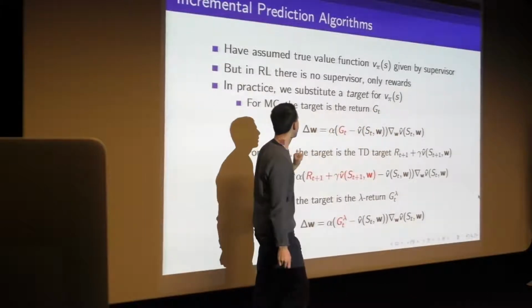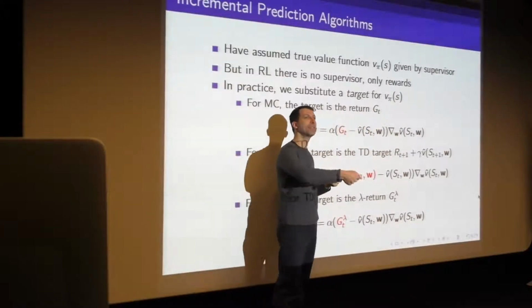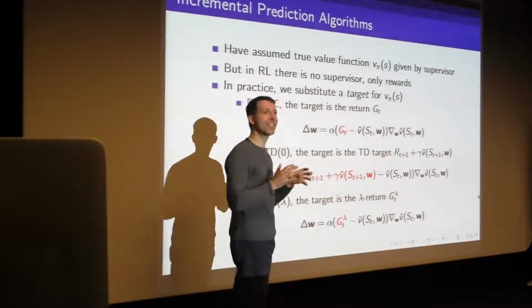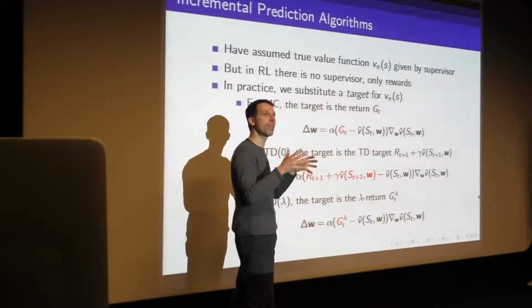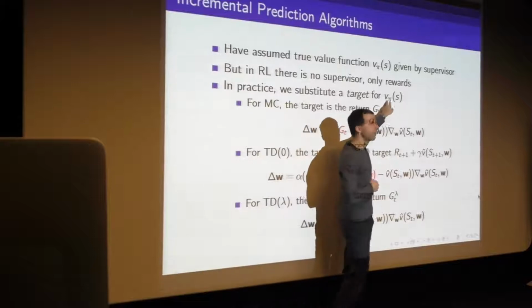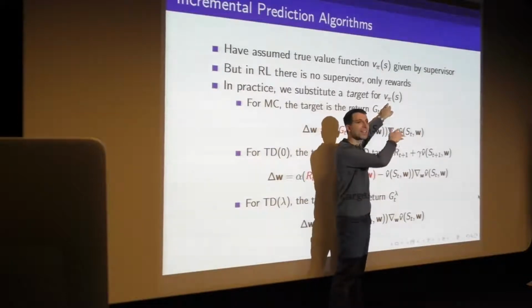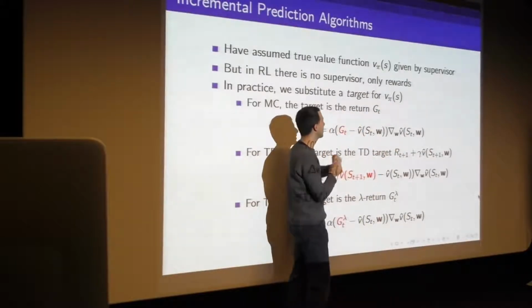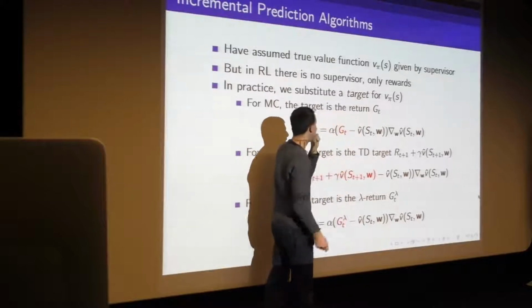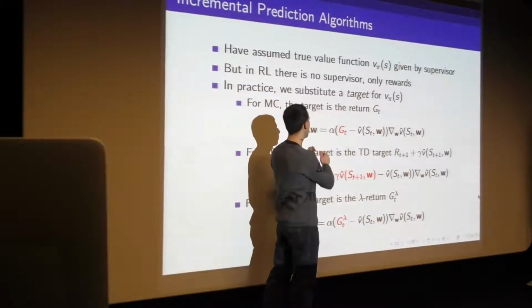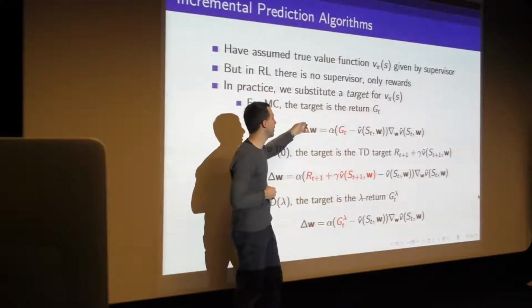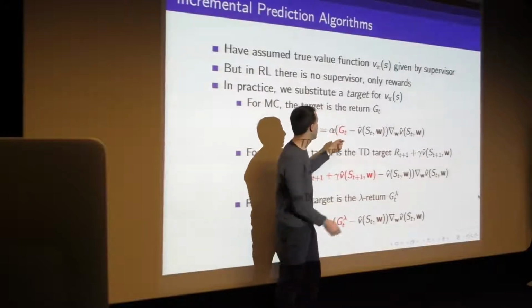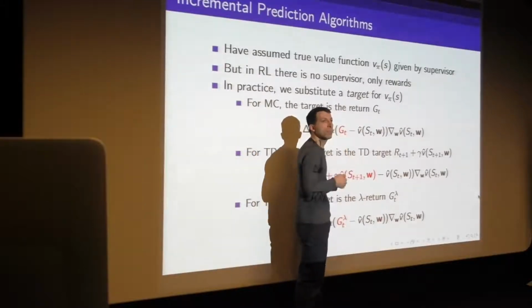And so the idea is that we're just going to do this by substitution. Think of this as a copy and paste exercise, in that we've developed an algorithm for supervised learning. And now wherever we saw v pi before, we're going to copy and paste some other target instead that we arrive at through a reinforcement learning method. So the first thing which we're going to paste in is the return. What this algorithm says is, the change to our weights is we're going to move a little bit in the direction of the error between the actual return